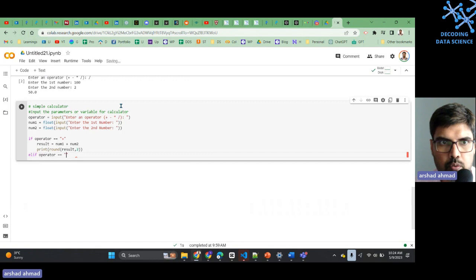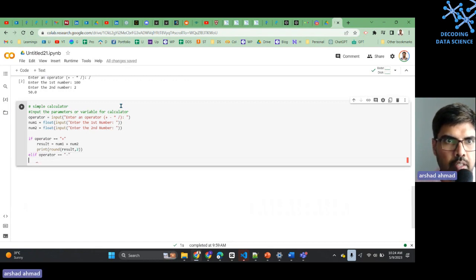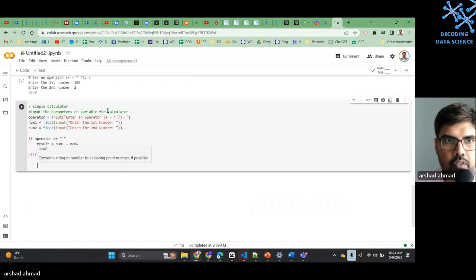Operator is equal to minus. Then what we are going to do now, I will just type it again. So it will give you an idea also of how I'm doing it, but you can copy paste as well. But it is not a big code, so I will just copy paste. And now again,